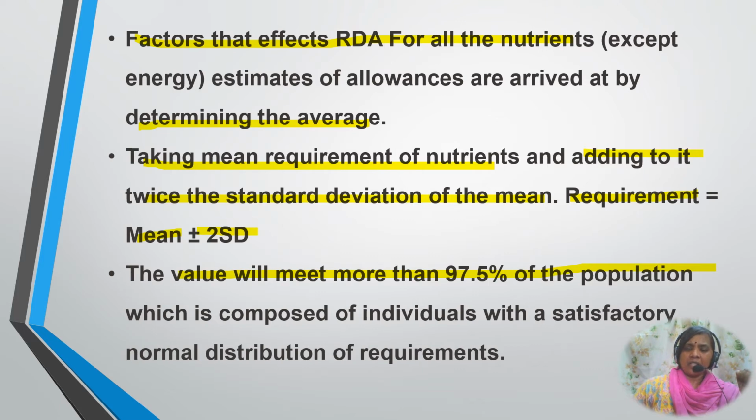Whatever is calculated meets the demand of around 98% of the population, and this is composed of individuals with a satisfactory normal distribution of the requirement. Okay,